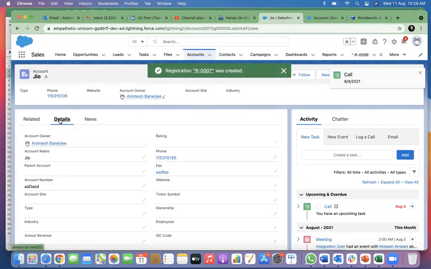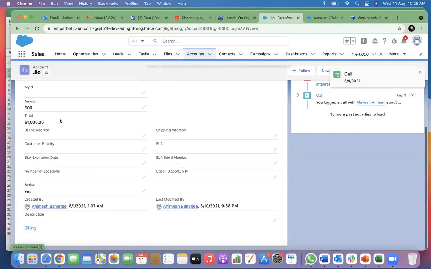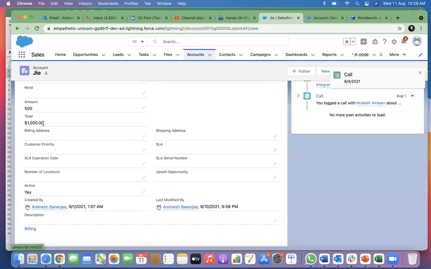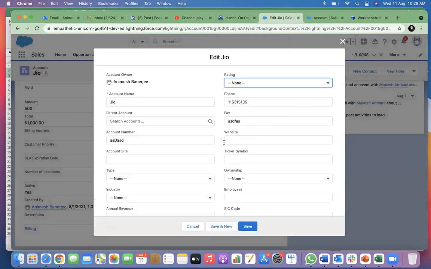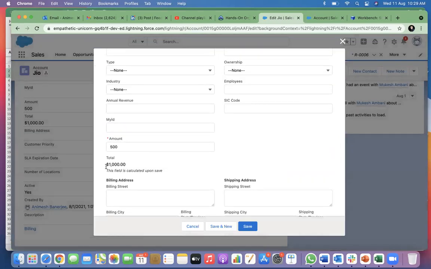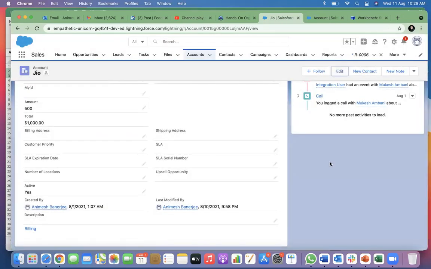What will happen here? $1,000 automatically updating. Can you edit this? You cannot edit. This field is calculated upon save. It's a read-only field.